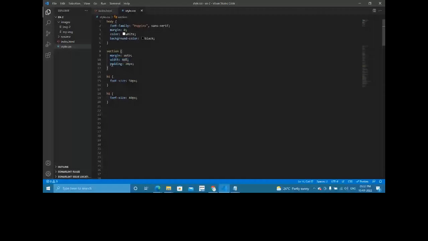We have also added some padding. So basically what padding does is it adds some additional space between the edges of the section. So I'll just show you. Let's do